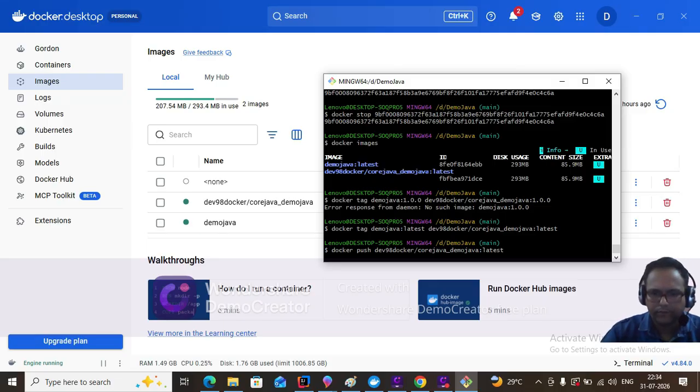Push this one, यहाँ पर डाल दो push your image, क्या है लेटेस्ट है, यहाँ पे मैंने डाला था कौन सा, लेटेस्ट। लेटेस्ट, ठीक है, लेट्स सी,